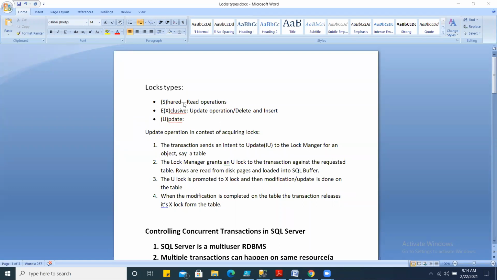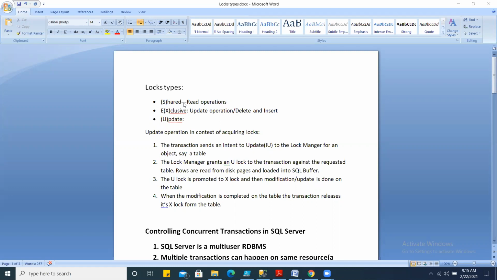Shared lock is occupied by your transactions which are read in nature. You have only one statement in T-SQL, that is the select statement, which requires a shared lock to be occupied on the resource. When I say resource, let me repeat it again.